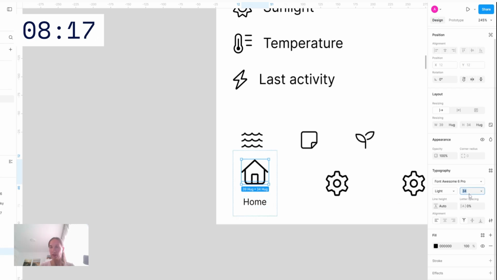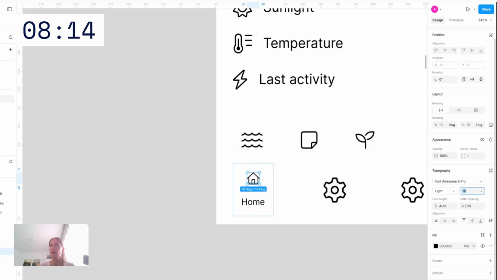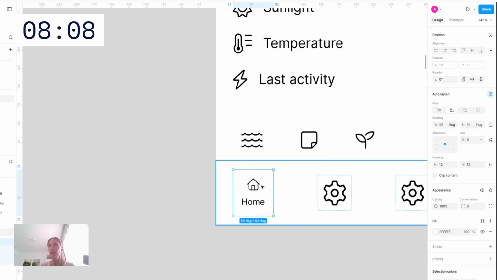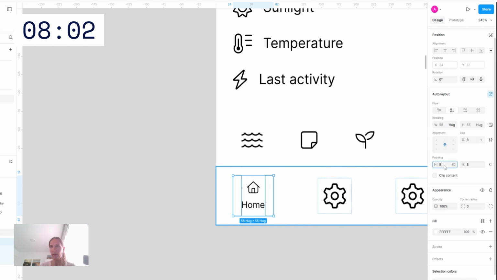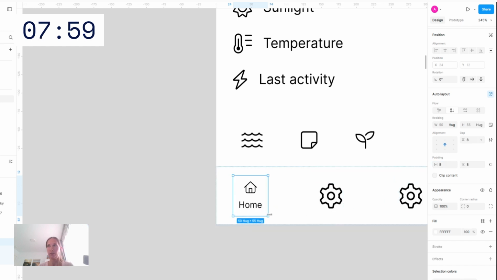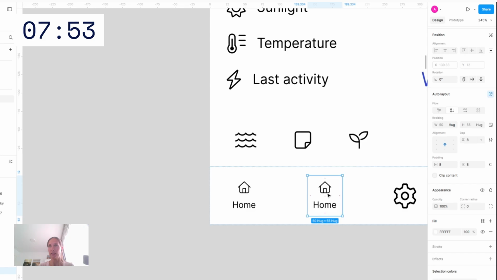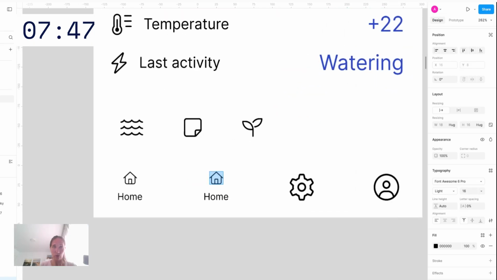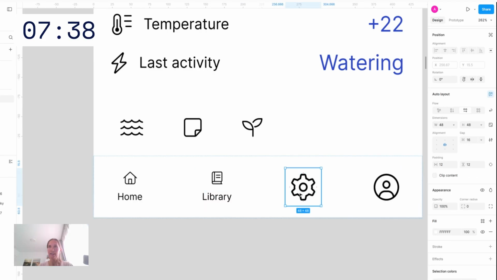This one also could definitely be smaller. Something like this, and we can reduce the gap, which is actually nice to have, this pretty big one. 63. Okay, already much better, and we can reduce the paddings. Okay, 55 to 50. Basically not bad. Okay, so we now need to have something like, what actually could it be? Okay, the knowledge base maybe, or I don't know, library, or something like knowing more about the plants,